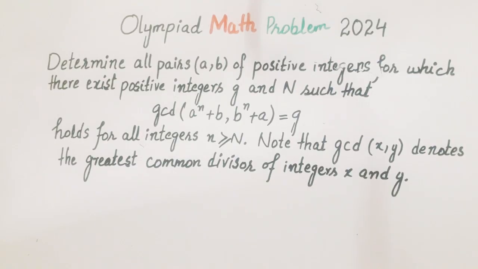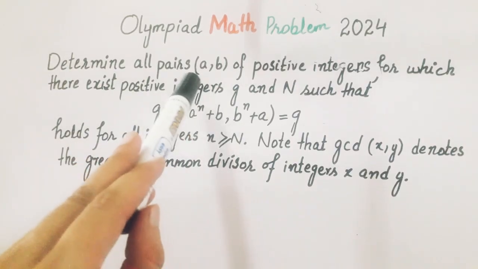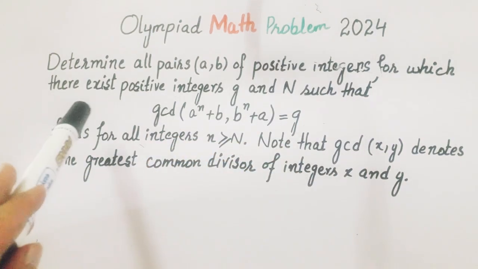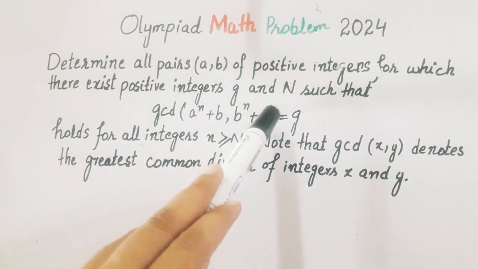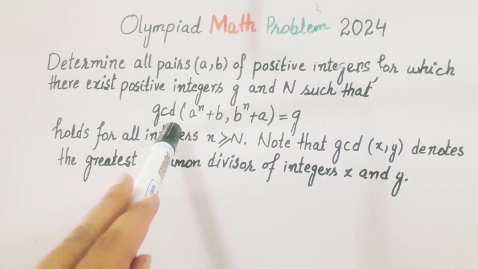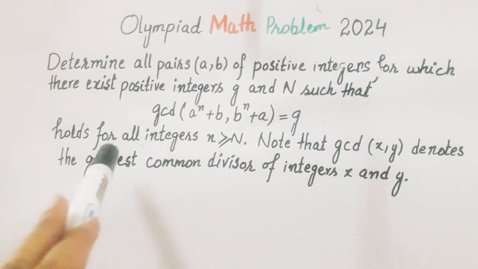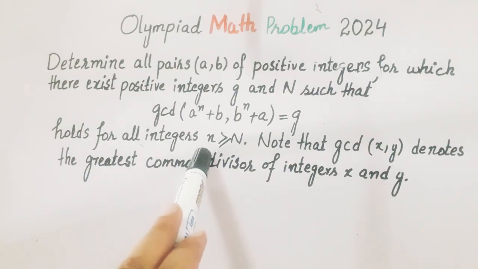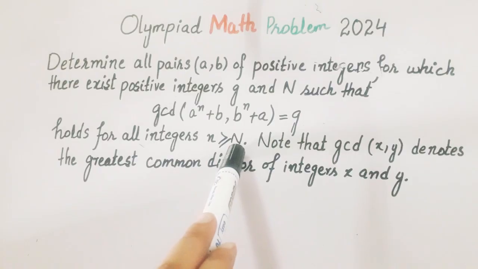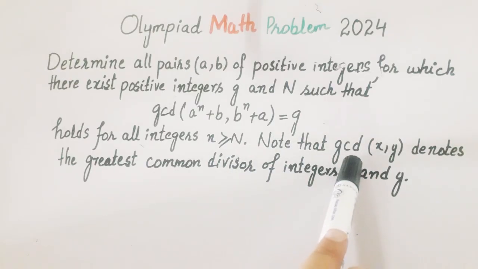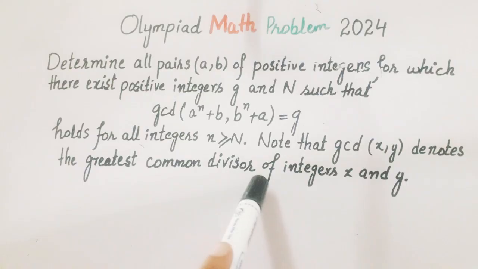Let's find it together. The question is: determine all pairs (a, b) of positive integers for which there exist positive integers g and N such that the greatest common divisor of a^n + b and b^n + a is equal to g for all integers n greater than or equal to N. Note that gcd(x, y) denotes the greatest common divisor of the integers x and y. We will solve this question in a very easy and simple way, step by step, so you can tackle questions like this. So first of all,